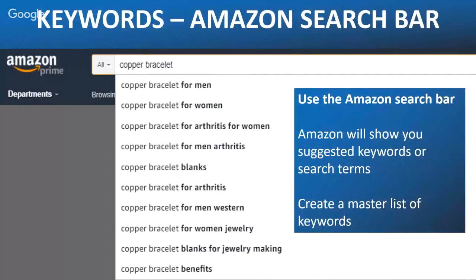So this is the Amazon search bar. Okay, so we're inside Amazon now. This is obviously a quick screenshot. We're looking for copper bracelet. So if I just type copper bracelet and a space, that's going to give us the top most popular searched for